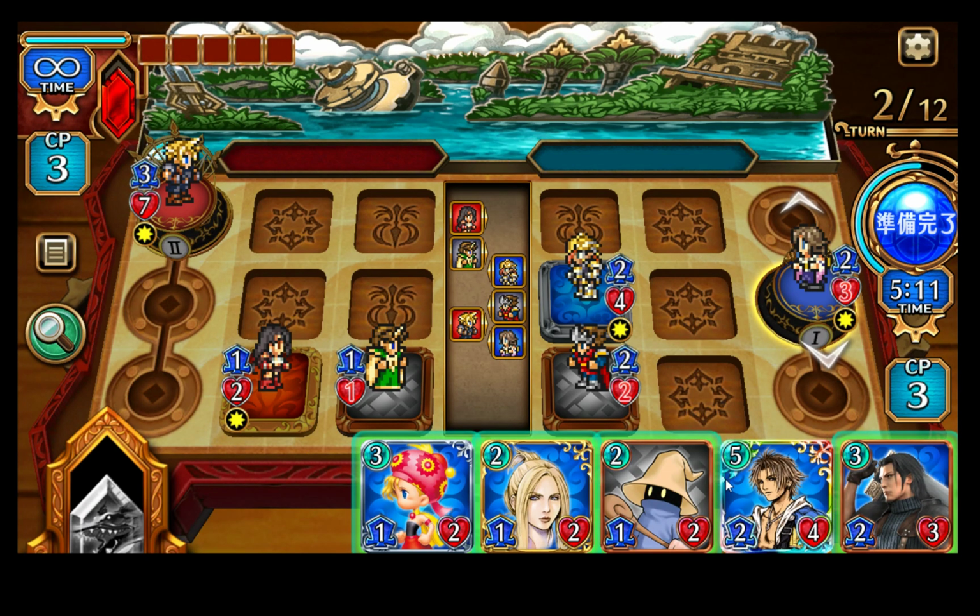So this is my second turn. The maximum hand size is 6, and each turn you will draw 1 card. And let me go to the CP section over here. CP is like a crystal point or cost point, whatever you want to call it. It is the point you need to play your characters from your hand. So basically here is the cost,